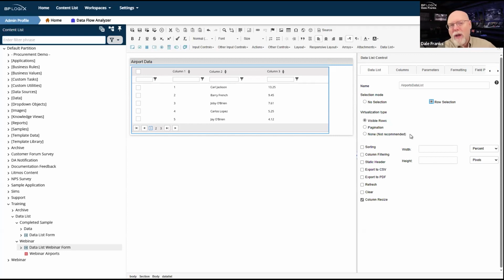And we're only going to paint on screen the number of records that are on a page. I was using pagination as the virtualization type. So the ability to keep all of this data in a cache and not refer to it and not paint it on the screen, except for the actual records that I'm looking at the moment, is called virtualization.